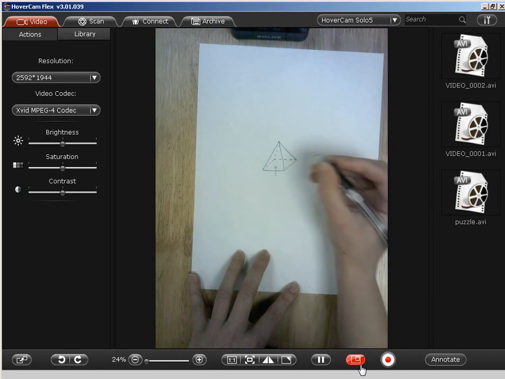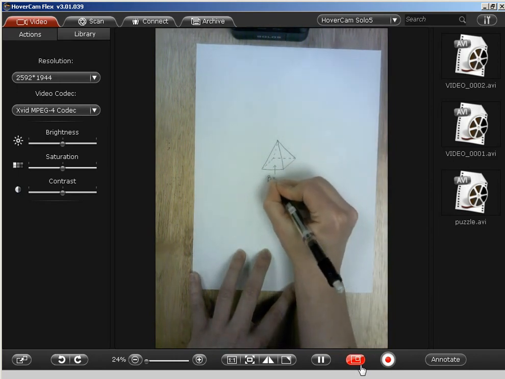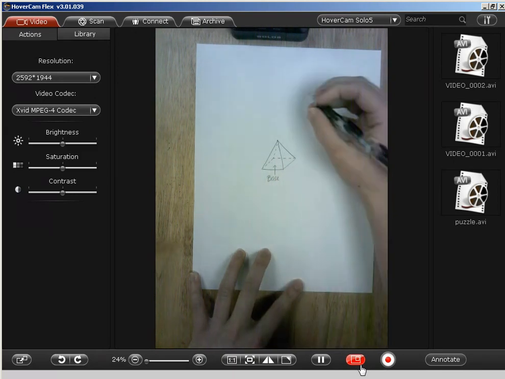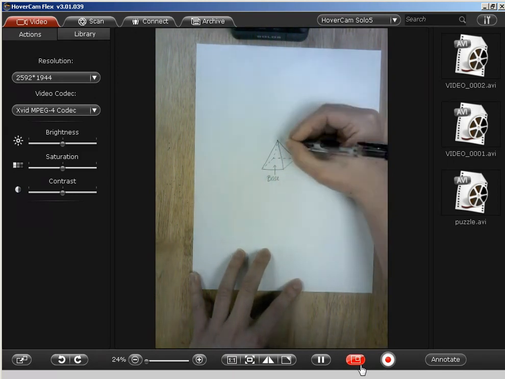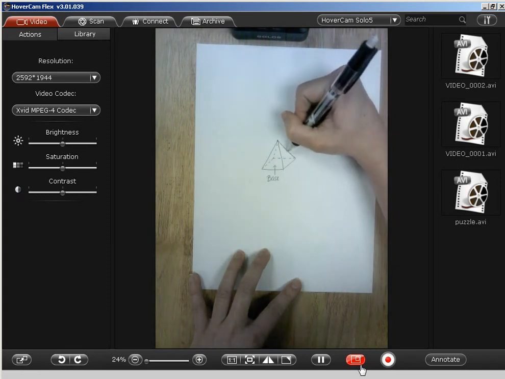This, like we said before, what your pyramid is sitting on is your base. So we're going to go ahead and label that base. Then the height, remember, if you go to the doctor, when he asks you for your height, you don't go up against the wall and stand at a slant like this.